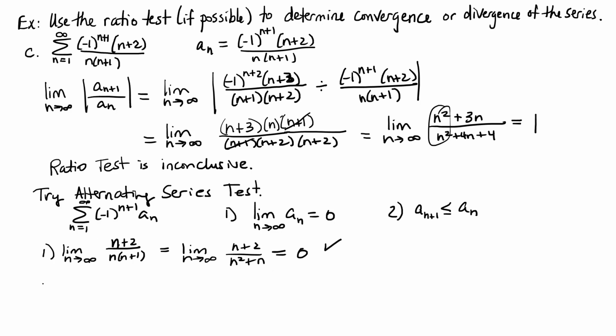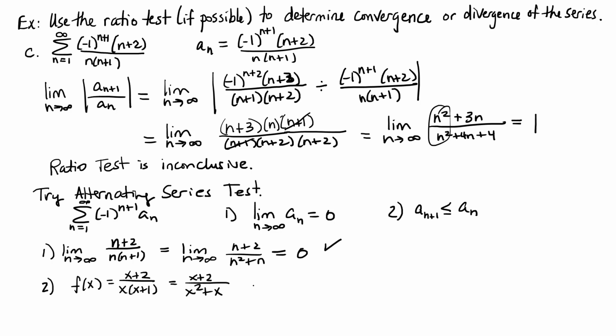For the second, I tried plugging in, looking at the n+1st term and comparing it to the nth term, and it's not obvious which one is bigger. So instead, in order to show that this is actually a decreasing sequence, I analyzed the function f of x equals (x+2) over x times (x+1). So I find the derivative and determine if it's negative, and if it is, then that means we have a decreasing sequence. So I'm going to think of this as (x+2) over x squared plus x